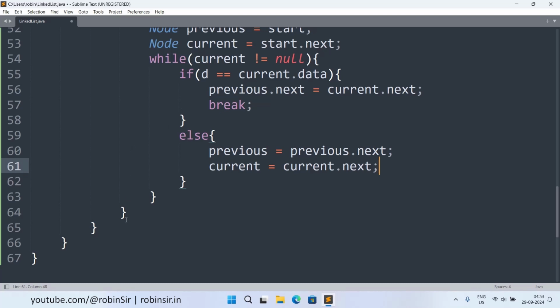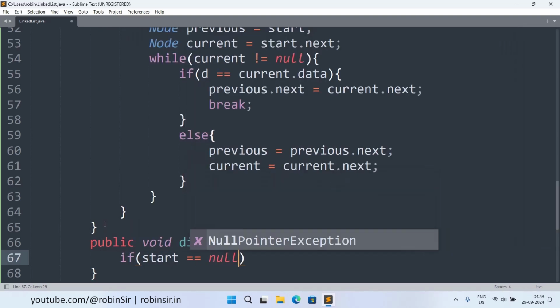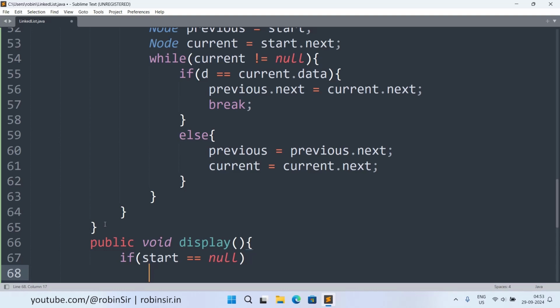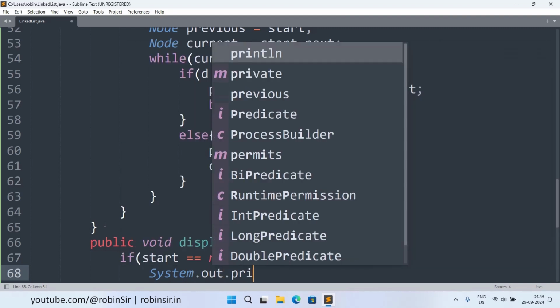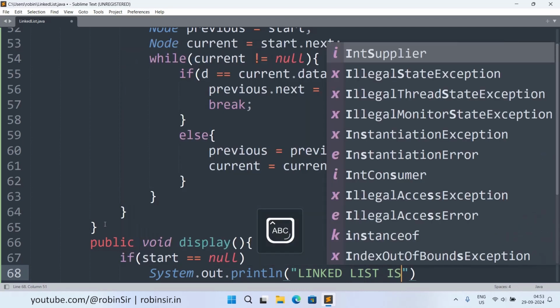And now we will create another function called display. So we'll write public void display. And here, if start is again equal to null, then again we are going to print the same message that the linked list is empty. So we write System.out.println("linked list is empty"),